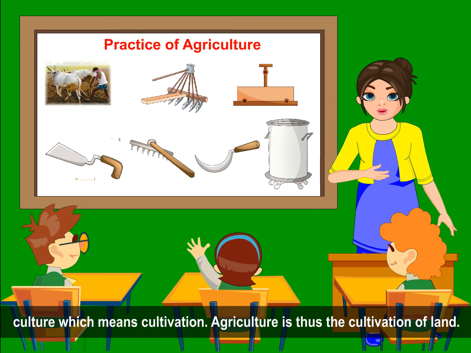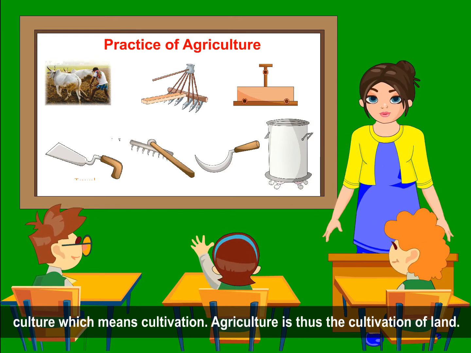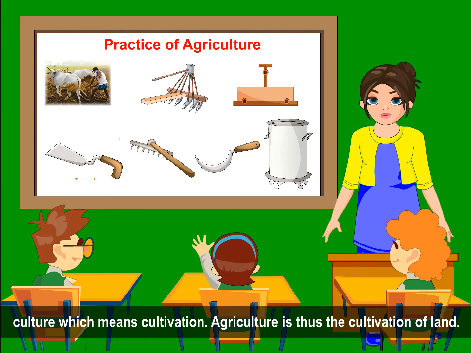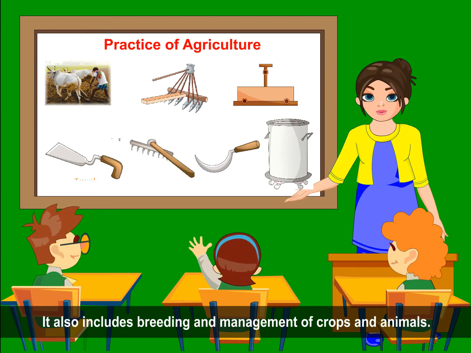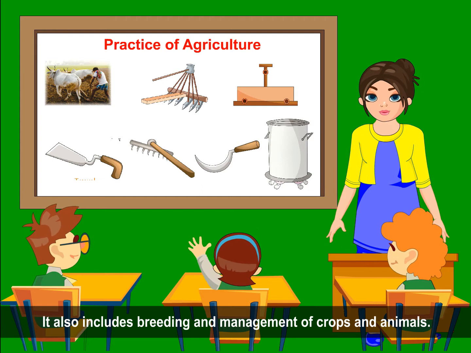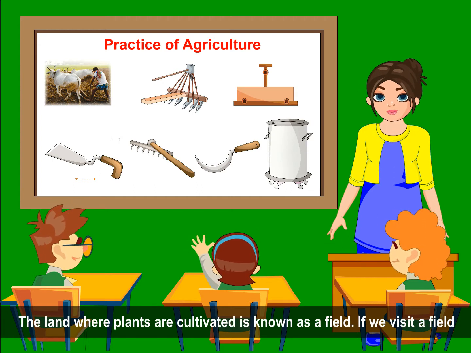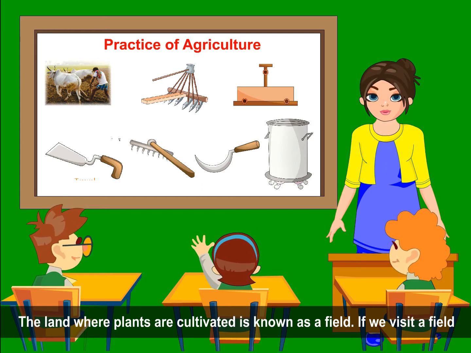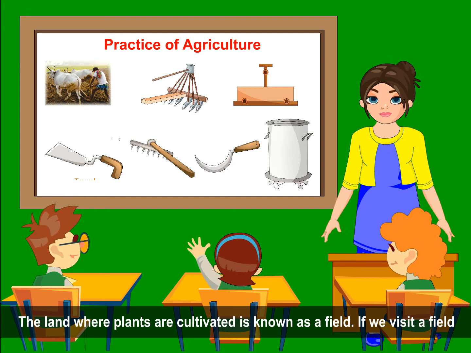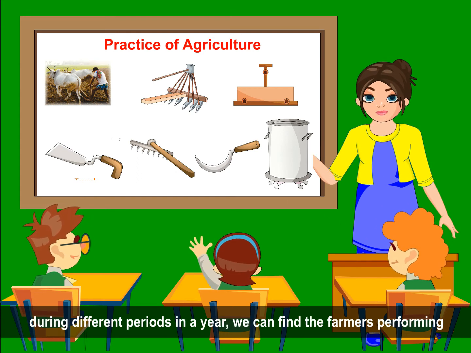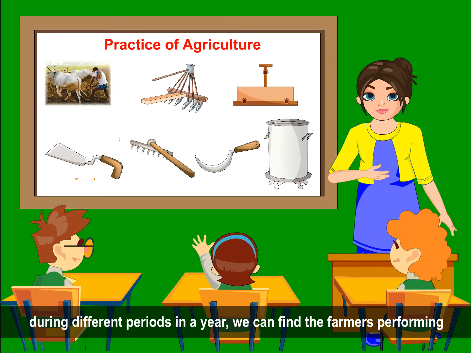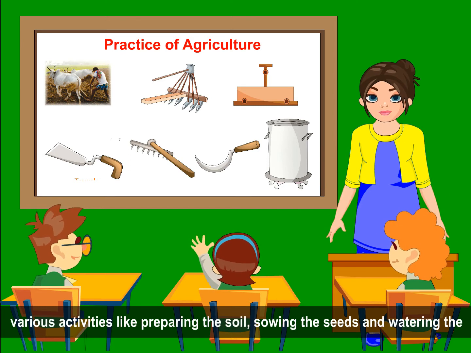means cultivation. Agriculture is thus the cultivation of land. It also includes breeding and management of crops and animals. The land where plants are cultivated is known as a field. If we visit a field during different periods in a year, we can find the farmers performing various activities like